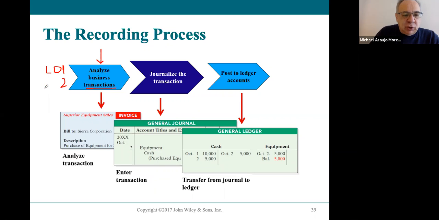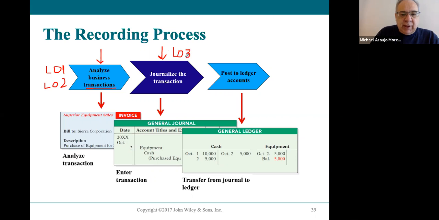Then learning objective 2 said, okay, if there is more cash, what side of the account is affected, right? So you learned about the debit and credit side of that. So that was all learning objectives 1 and 2 about the analysis, and that's really a lot, right, to do. Learning objective 3,